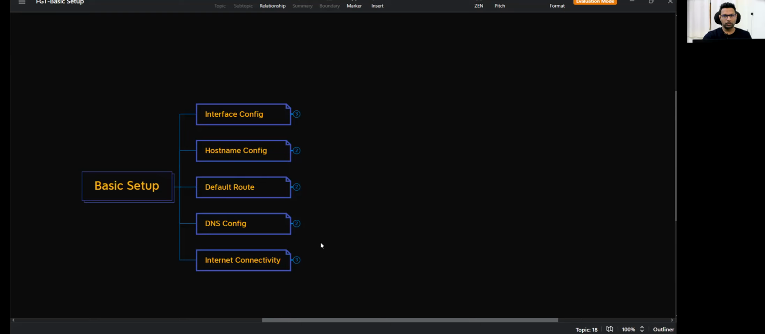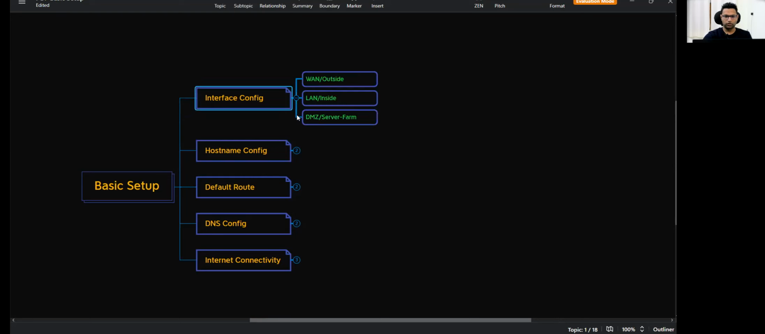That again depends on your customer's requirement, but at the end of the day you need to have some kind of connectivity towards the larger network, towards a larger ISP. So we're going to talk about these 5 things today. The first thing is the interface configuration. If we look into it, we have a couple of things. One is the WAN, which you can also call outside. Then we have LAN, as inside, and then we have a DMZ